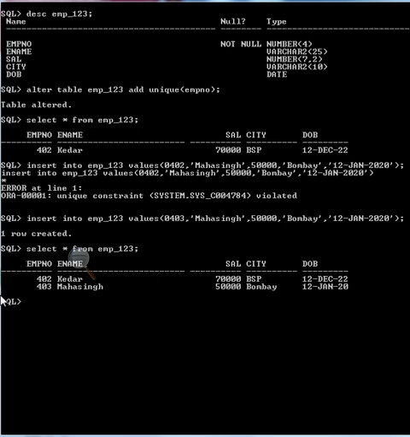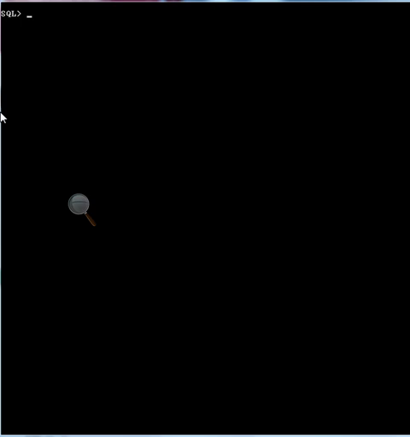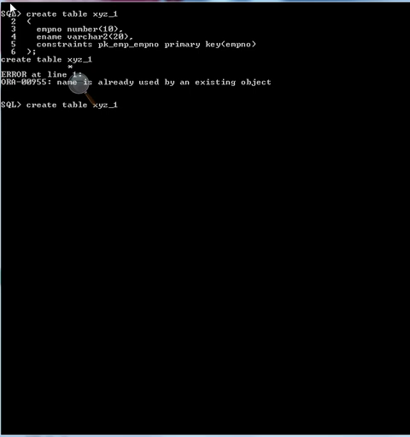Okay, now let's try to create a primary key constraint. Try to create a table with a primary key constraint, named xyzw_1, enter.